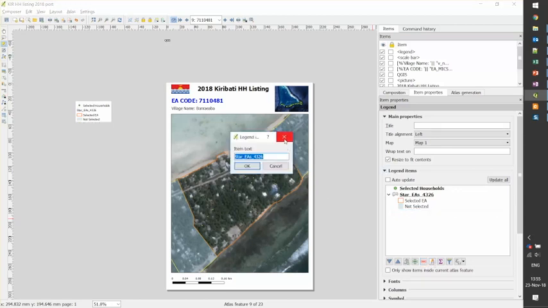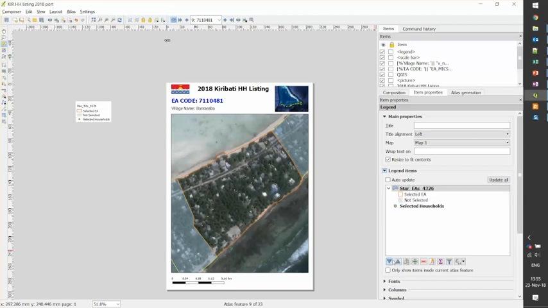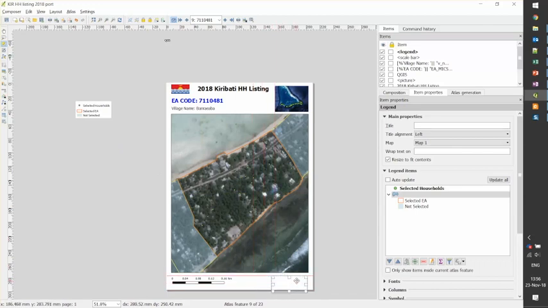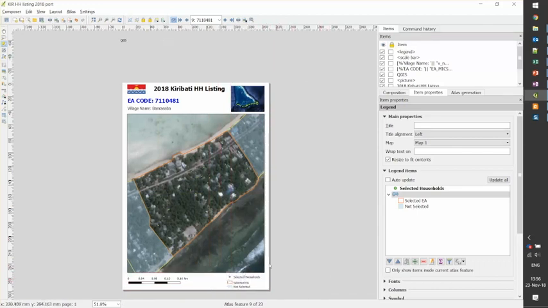You can change the legend or the title either by double clicking over the text item or using this paper with the pencil icon, and then we can change the order of the elements within the legend. We can sort the elements, and so for example I'm going to remove this text here, and then I have enough space to put the legend